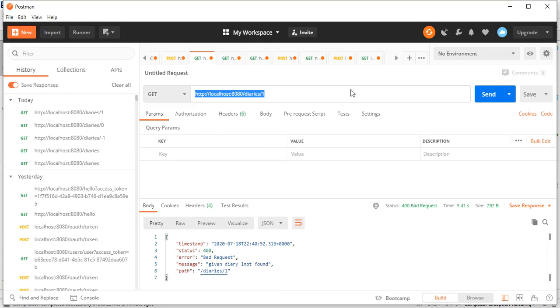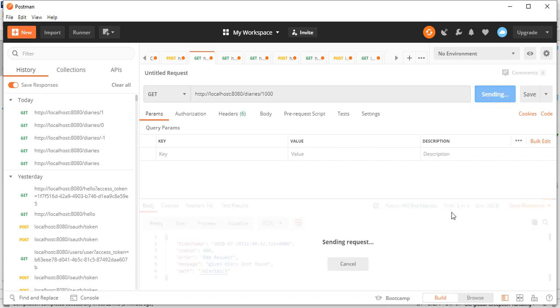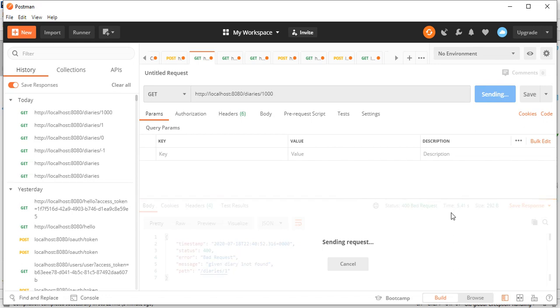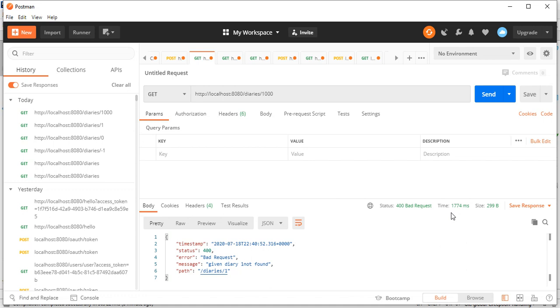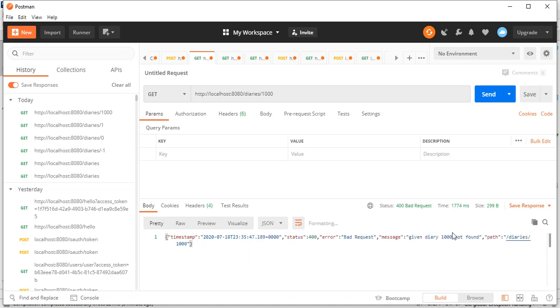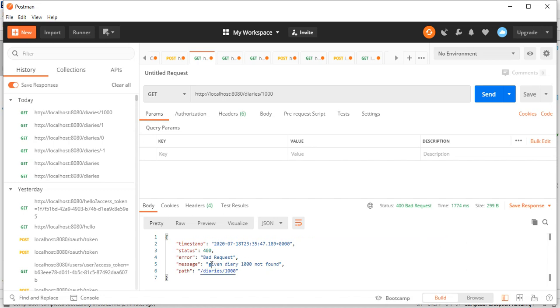If I go and fetch a certain record, I already specified that when no records or empty data are found in the database, I should render a message stating that the given data is not found. I'm specifying record 1000 and sending it. If it is present, it has to give the value. If it is not present, it throws a proper error message. The given diary 100 is not found. The path value is so and so, the path you have specified, and this is the message I got from the